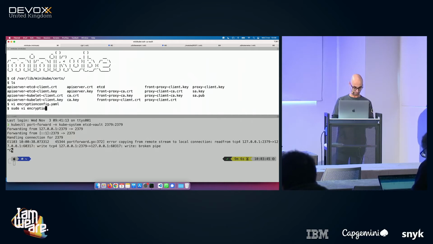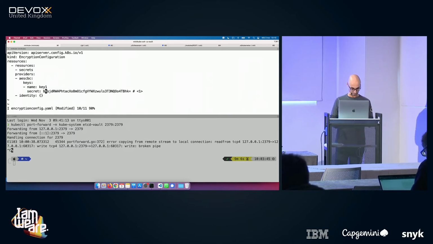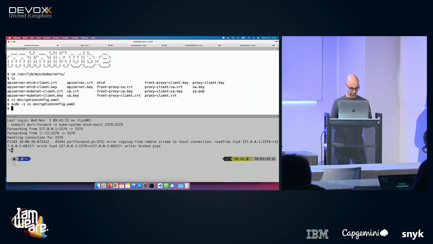Sudo vi encryption.yaml, and I think that I need to do this. Encryption config. Now I've got the encryption config created, and the last thing that I need to do is restart the